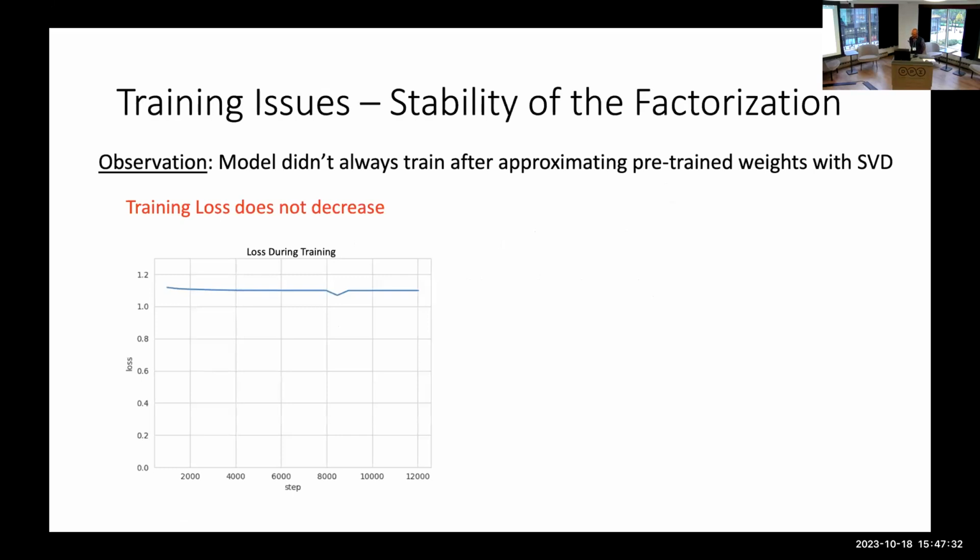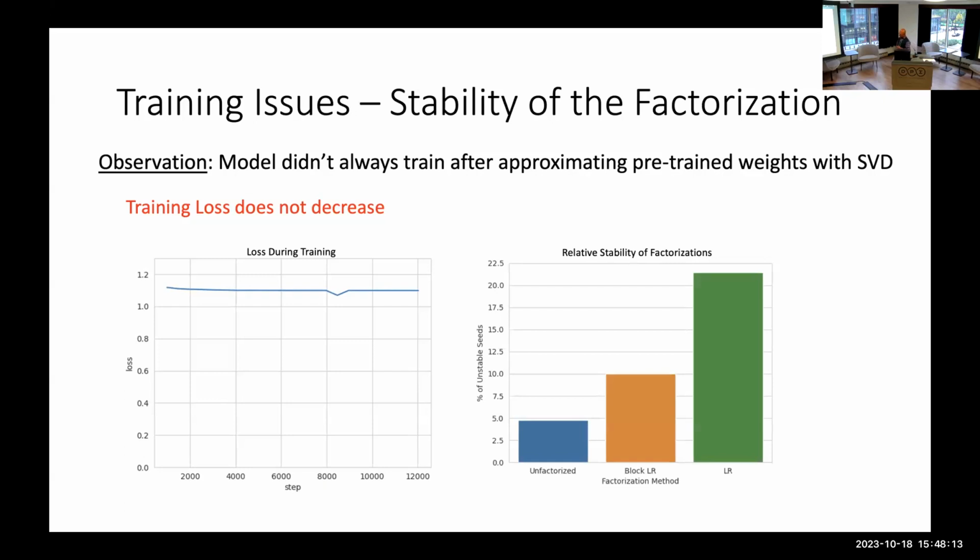One of the first things that we faced, which we didn't really expect, is that the base SVD factored model didn't always train. What does that mean? Essentially, we take the parameters at each of the stages in the transformer to the low rank factorization, start with that as the initial step, and then we want to train on the particular downstream task, and it just didn't train at all. It depended on the trial. Sometimes it would train, sometimes not.